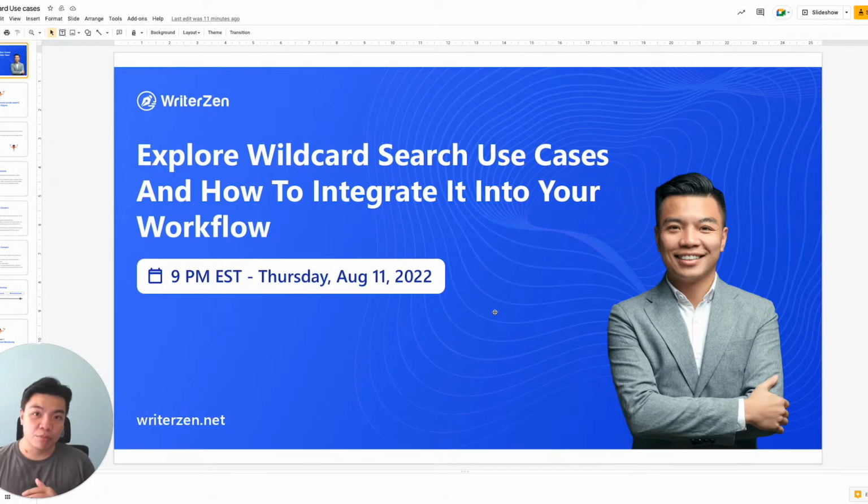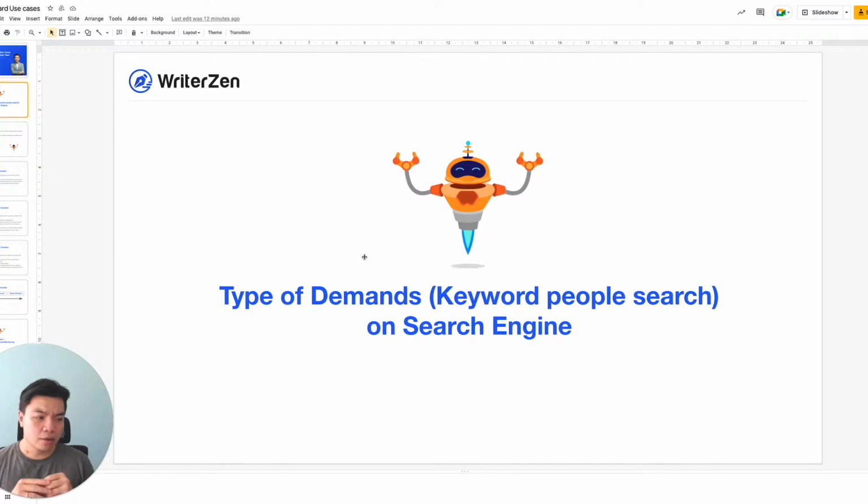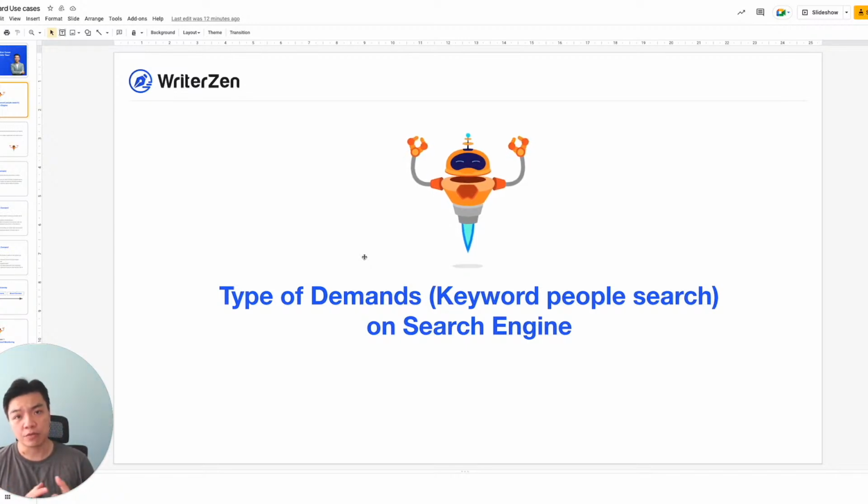In many of my previous sessions, I have talked about how keywords are actually the representation of a demand that users have about you, your product, service, or the brand of your company. So it's very important to understand what these types of demands are. Before we go into Wildcard, let's talk about the types of demands, the keywords people search for on search engines. Since we came up with Wildcard, and adding our previous experience of doing a lot of keyword research for our clients, what we realized is